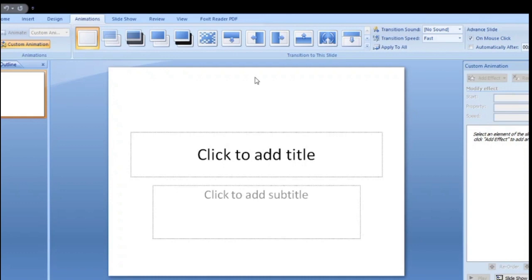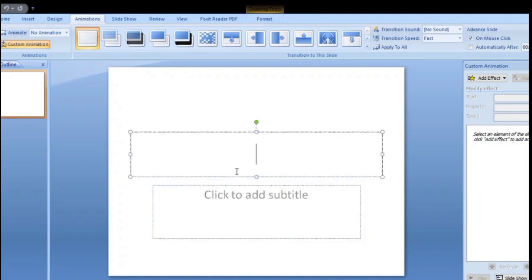A slide will be shown on the screen in the main part. "Click to add title" and "Click to add subtitle" are written in the boxes. Click on either writing and a text box will be shown with the insertion pointer.